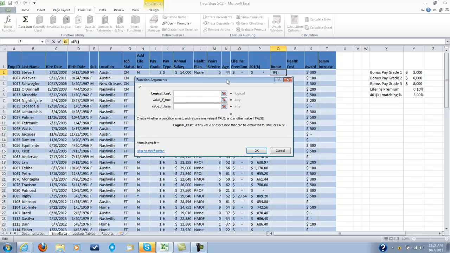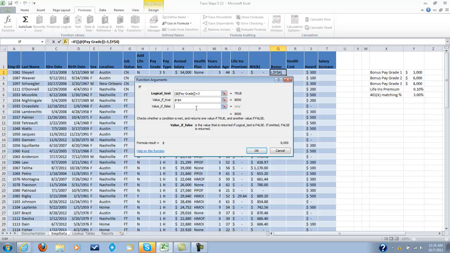So our first logical test, which cell are we looking at? We're looking at column I2. So we want to know if I2 equals a 3. Okay, if that's true, then their bonus is going to be equal to Y4. And we want to make sure that we use the absolute value there to calculate that 8,000. Now you can see already it started previewing the answers to say, oh okay, yeah, this is true, you get 8,000. But if that weren't true, then we have to look at the next number that's available,